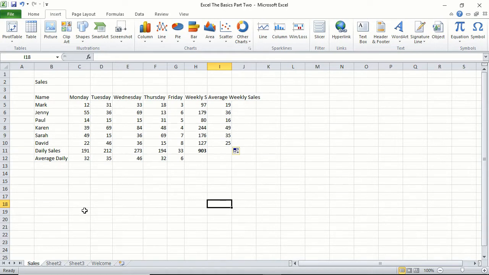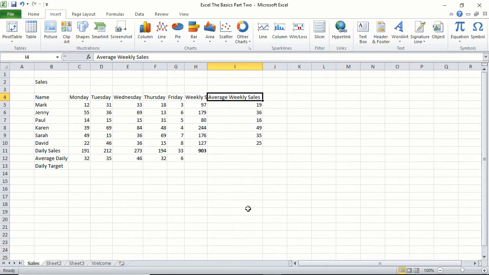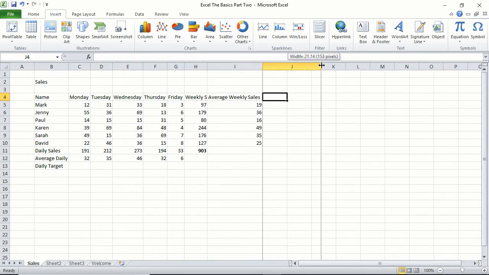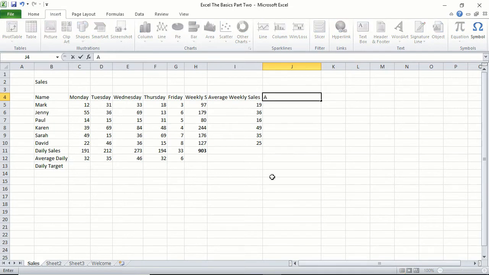So you'd have possibly a daily target. So daily target. Sorry, I'm not typing very well today. And then you would also have a weekly target. See here, it looks like this text here is part of this cell here. It's not. It's just that it's there. You can see that it's this cell here, and this is just to do with the length. Double click that, it would get rid of that confusion for now, but then it looks a bit awkward, but we'll look at that later. So we'll leave it as that for now, even though it doesn't look that great. Let's move that across a bit, and then we want to do